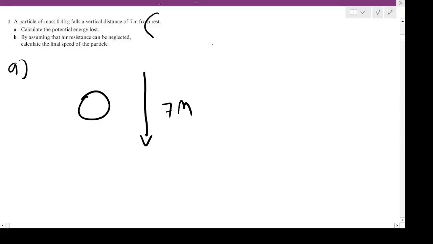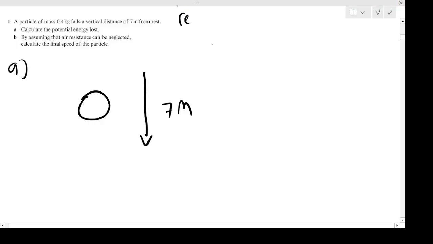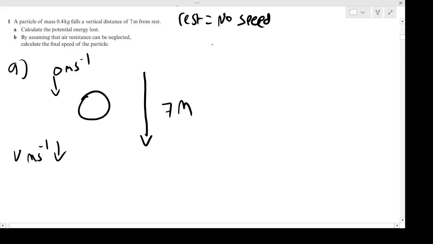But I'm told it starts from rest, and rest, remember, means it has no speed. So it starts with 0 speed initially. I don't know the speed after. I'll call the final speed V. So that's what's going on. It wants me to work out the potential energy loss. Again, potential energy